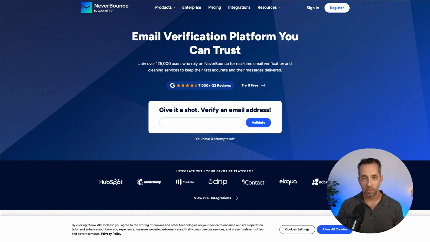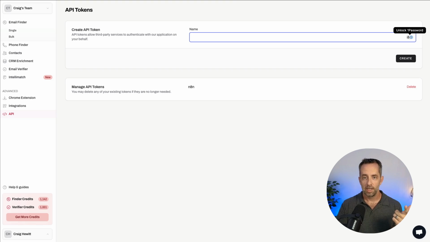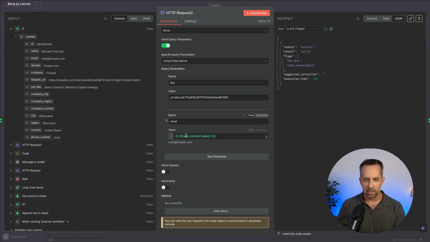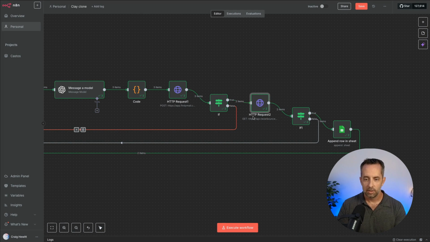So we're not sending a bunch of spam emails that gets our sending domains and email accounts blocked and marked as spam. The whole point of this is to get data, then get really high quality data, and then enrich it and make sure it's as accurate as possible. So that's what we're doing here: calling NeverBounce, again with an API key, and the contents of the API call is just the email. Then we want this to return valid if it's valid, and if it's not, to